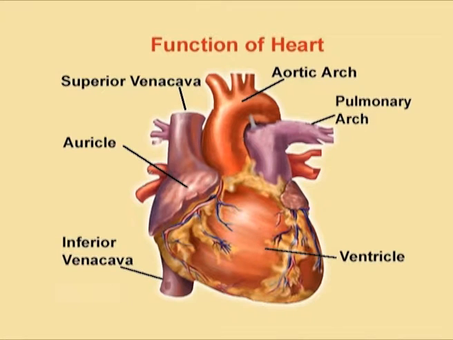The structure of heart also we had seen that it is consisting of a pair of auricles and a pair of ventricles. Let us have a look at it in the diagram once again. Here you can see that the heart not only consists of a pair of auricles and ventricles, but a superior and inferior vena cava that brings in the deoxygenated blood and the aortic arch that is pumping the oxygenated blood.